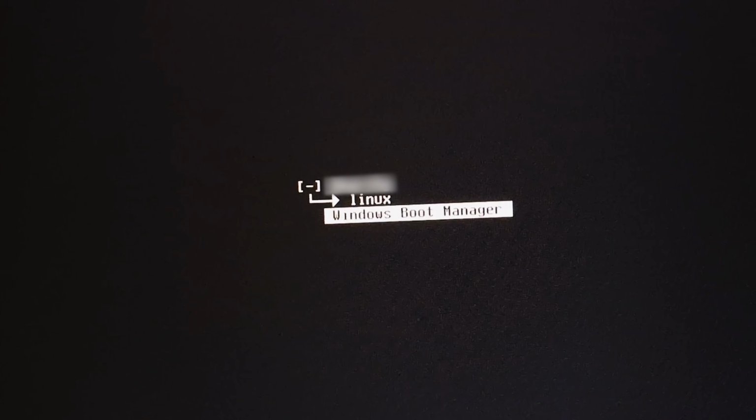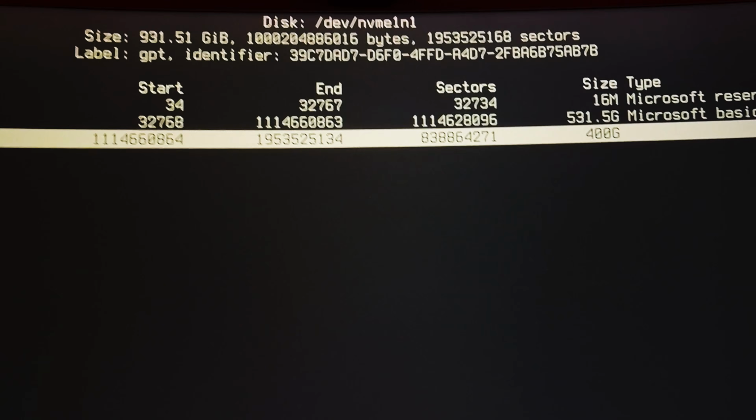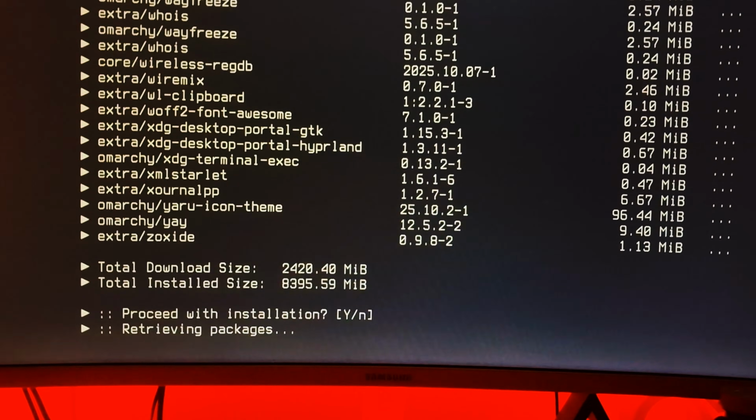Now, after looking at this list, I came to the conclusion that I could just have both. This is, however, a very spooky and scary process. So right now I am just grabbing the free space. And now we wait. So before installing though, you need to do a lot of research on what distribution to choose.